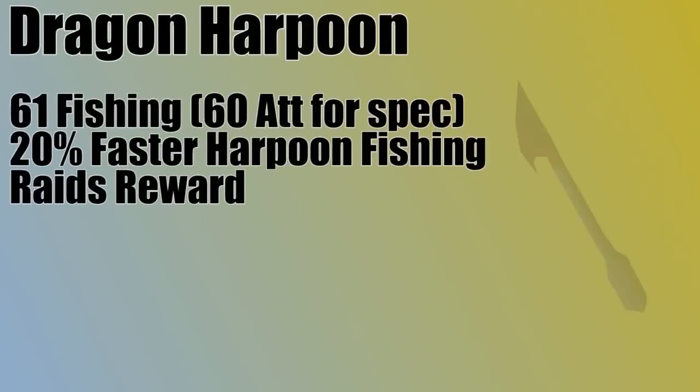Before we jump right into the leveling guide, let's talk about some helpful items that you can use while you're fishing. First of all, the Dragon Harpoon is an equipable harpoon that requires 61 fishing and 60 attack. You only need 61 fishing to use it, but if you want to equip the harpoon, you do need 60 attack. While fishing on harpoon spots, the Dragon Harpoon is 20% faster than a regular one, and if you do have the 60 attack to equip it, it has a special attack which temporarily raises your fishing level by 3,